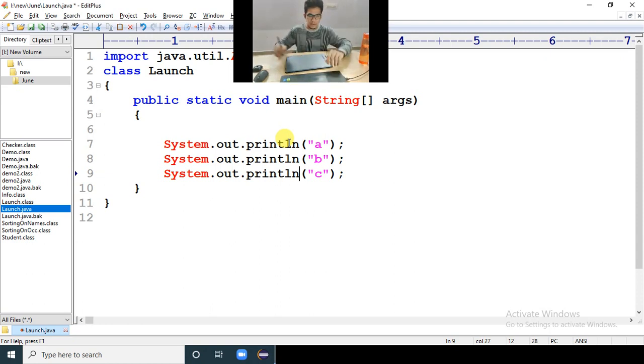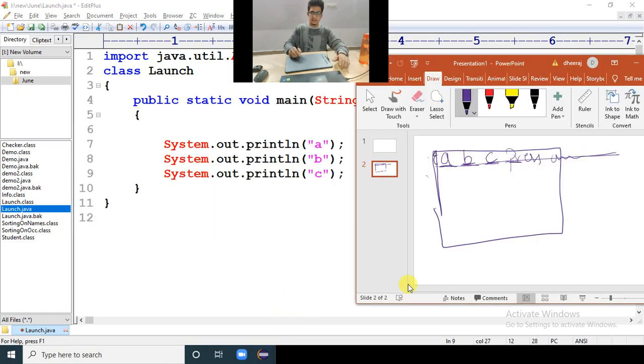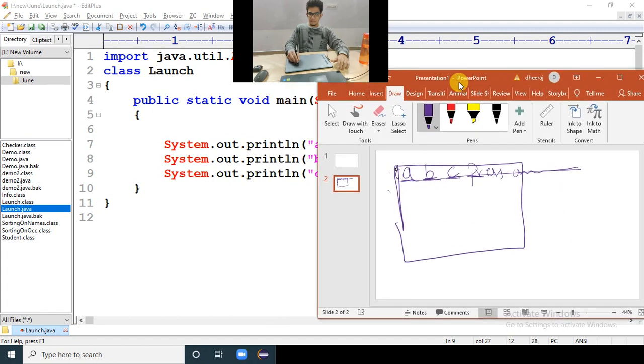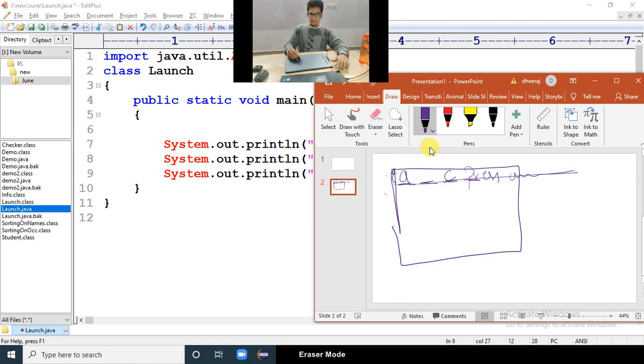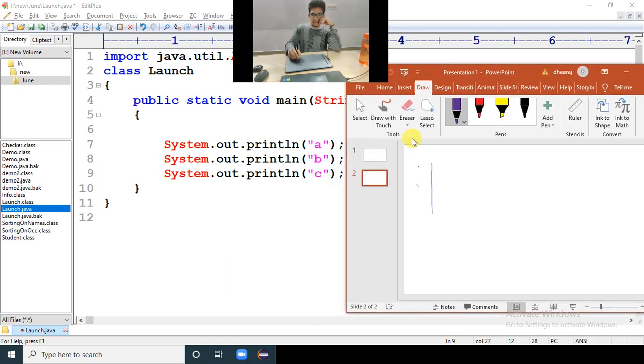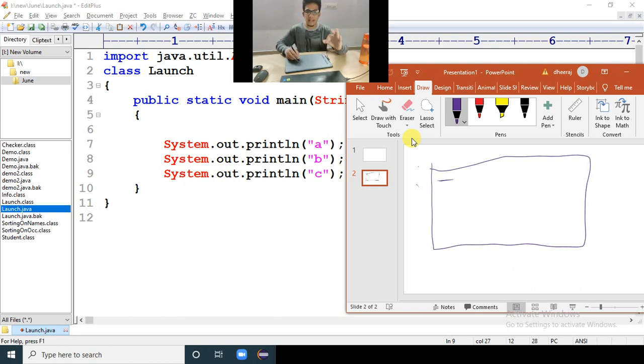Now, let's come here. So when I tell println, what will be there initially? This is our screen, and initially the cursor will be in the top left corner. You told println A. So println means you are telling print A. Print A means A will get printed, but the question is where it will get printed. It will get printed wherever the cursor is. So A gets printed here.